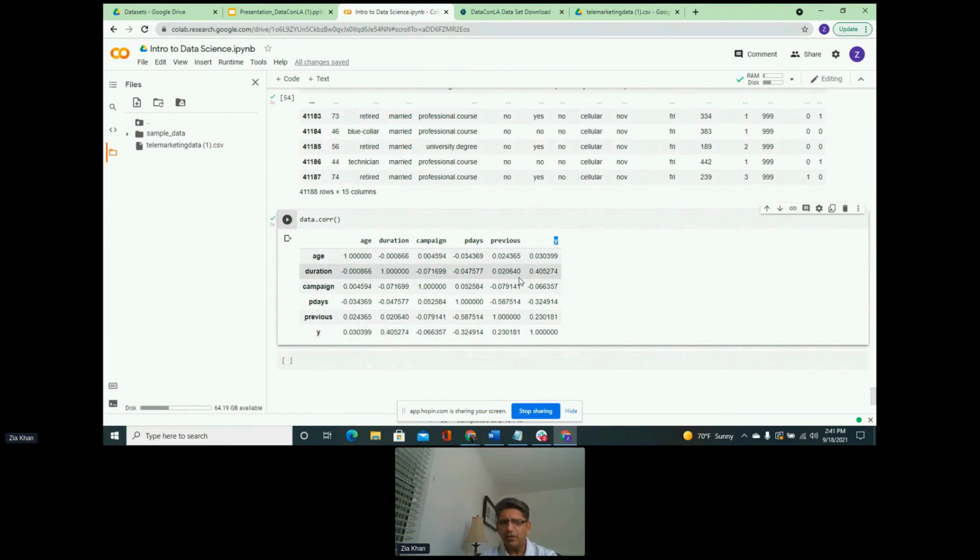We do see that duration has a high correlation with the target feature. So we are going to use this feature duration, and we're going to pick one more feature. We just believe that age might be another good feature to pick, just to figure out what kind of relationship we have.